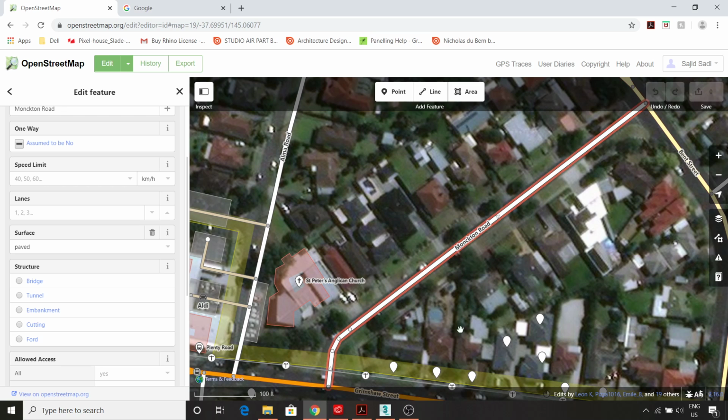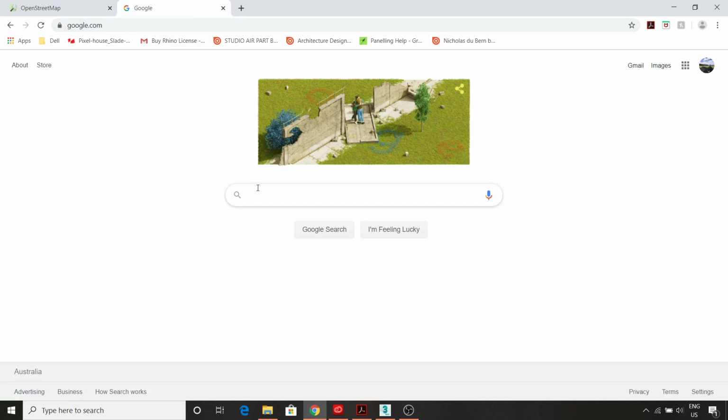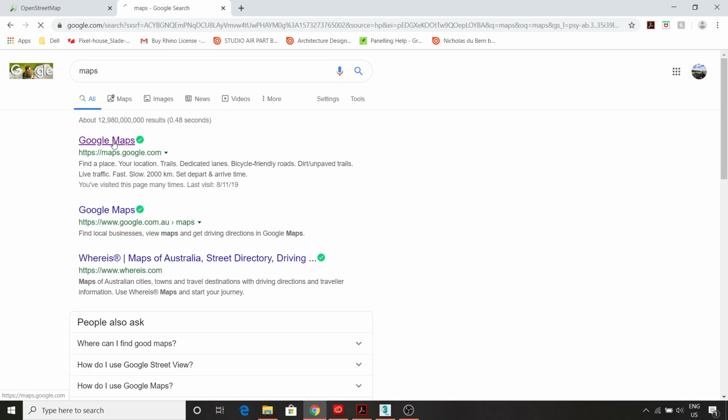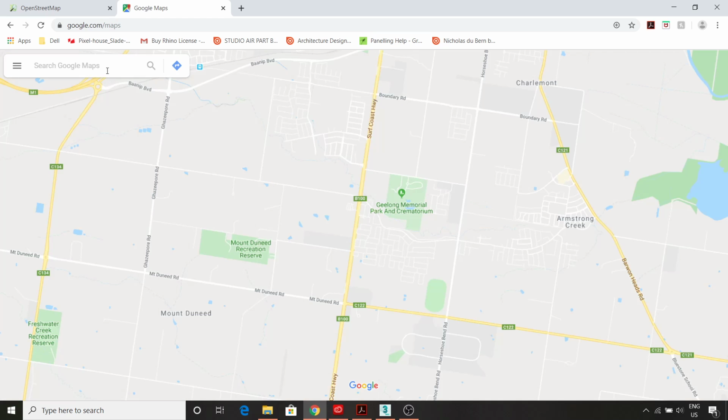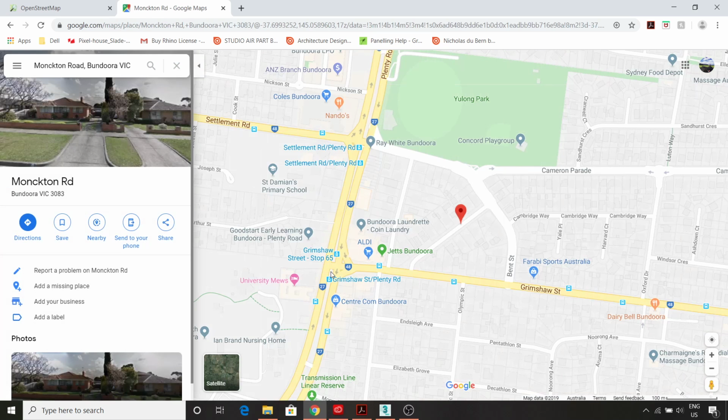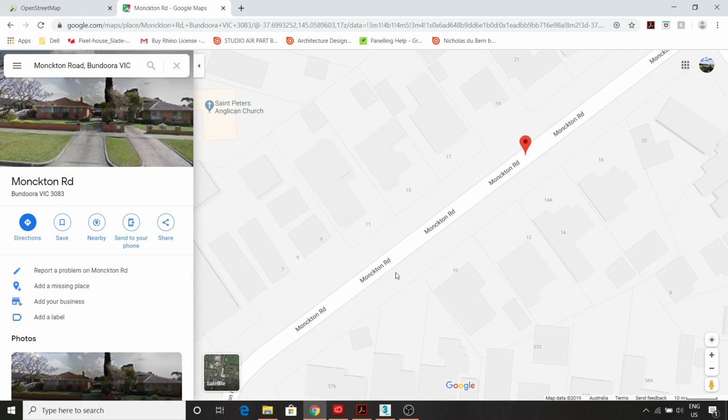So we are in Bundoora in the map, Bundoora, Victoria on Moncton Road. What we'll quickly do as we're working on OpenStreetMaps as well, we're going to go to Google Maps and just go to the exact location, and it will soon make sense why we're doing it. So Moncton Road, Bundoora, zoom in,